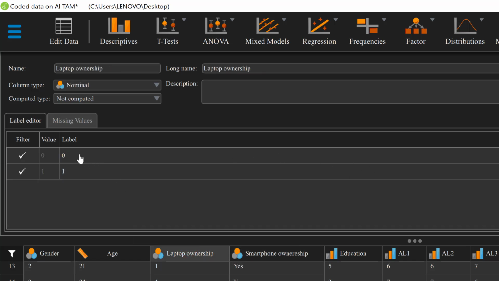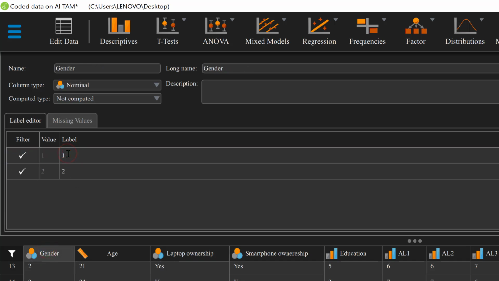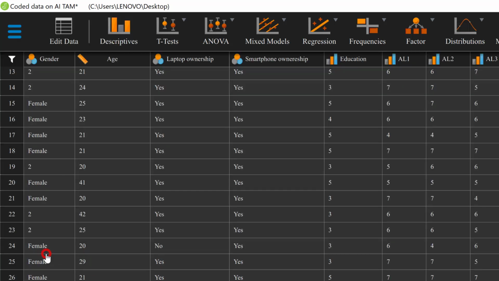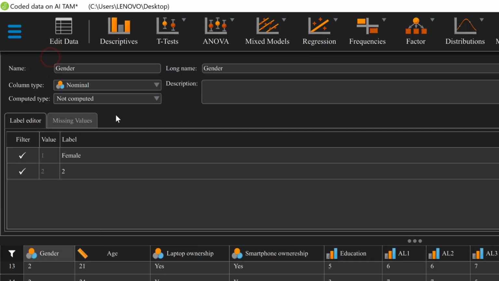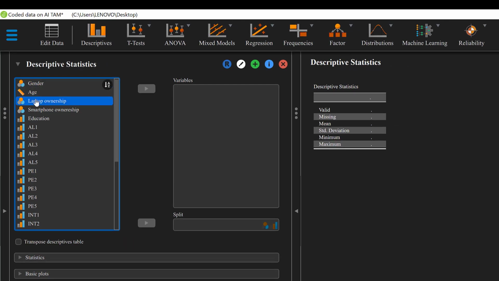For laptop ownership, 0 means no and 1 means yes. Then once I go to gender, 1 is labeled as female and 2 is labeled as male. So this is how we can code the variables. Let me just double check gender. It seems that I did not label it, like here, male. So now it's done. Basically, I go to descriptive stats and here are the variables: gender, age, laptop ownership,